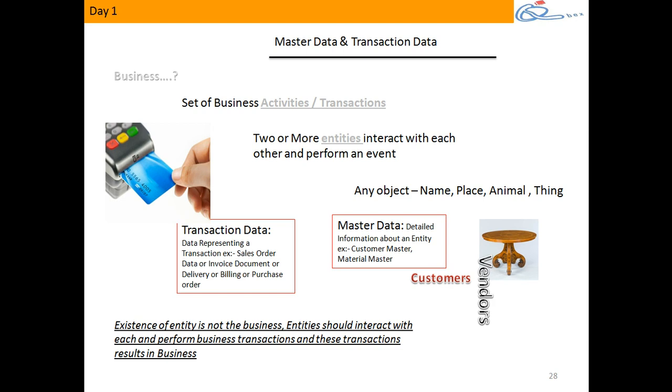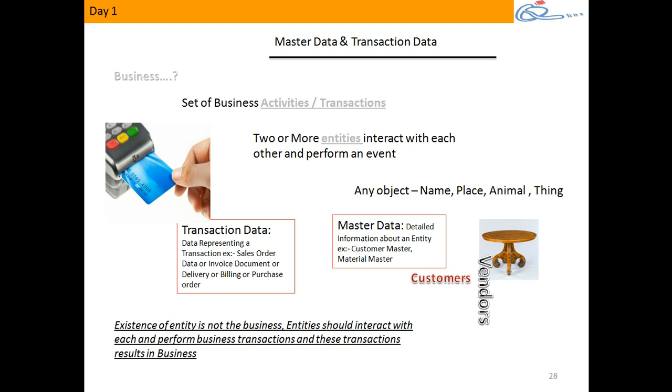So if it can work by itself, fine. Or something we can use to perform some work is also an entity. Any object which can do work by itself, or which we can use to perform some work, is an entity. Any noun, name, place, animal, thing becomes an entity. Customer, product, salesperson, shop owner, sales region, country: every object, name, place, animal, thing becomes an entity for you. Clear on this? Now you know what a transaction is and what an entity is, right?